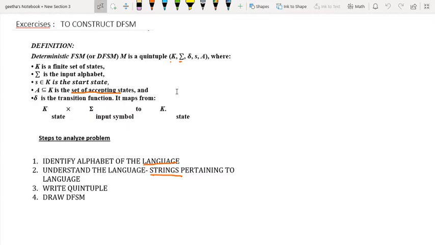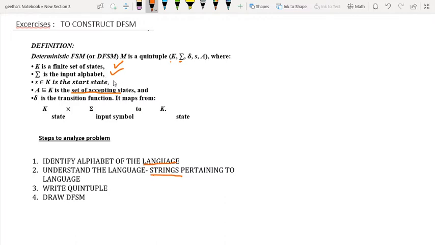First, we'll see the definition of DFSM, deterministic FSM, or in short, DFSM, deterministic finite state machine M, is a quintuple represented as K, sigma, delta, S, A, where K is the finite set of states, then sigma is the input alphabet, in the sense those are part of the language.